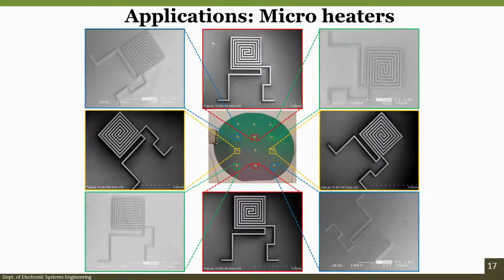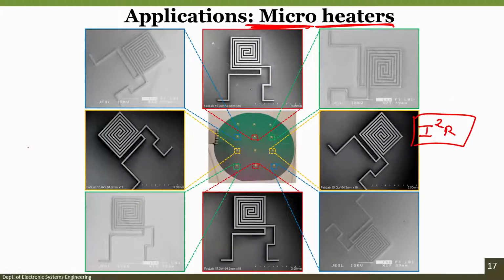Now, let us see another application of the microfabrication technique. The another application is in the area of heaters, and when we say heater, we are talking about micro heater. Now, what is heater? If you have a resistor, right, and if you heat the resistor by applying a power, then your heat will be I square R, which is your Joule heating, right. Now, what will be the resistance of the coil?